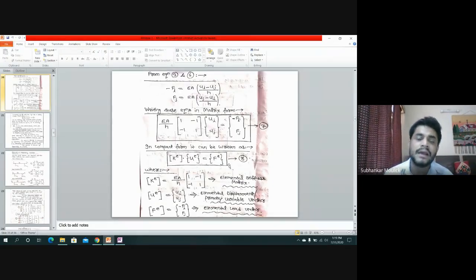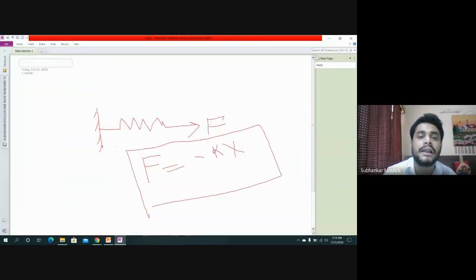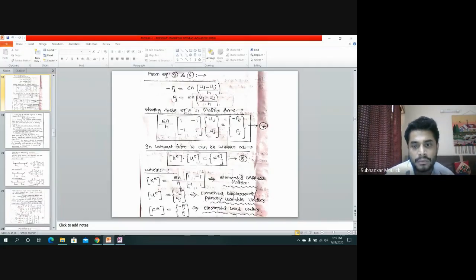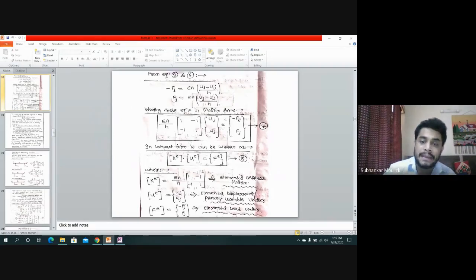The only difference is that in the given problem which we are solving, there are more elements, and in the formula which I have written for the spring, there is only one single element. That means this is only one element, and here is one node, and this is only one node. Can you say that these two equations are almost the same? Yes. It is almost the same, equation number 8 and equation number 9. Now what is my aim? My aim is to calculate this ui and uj for each and every element.